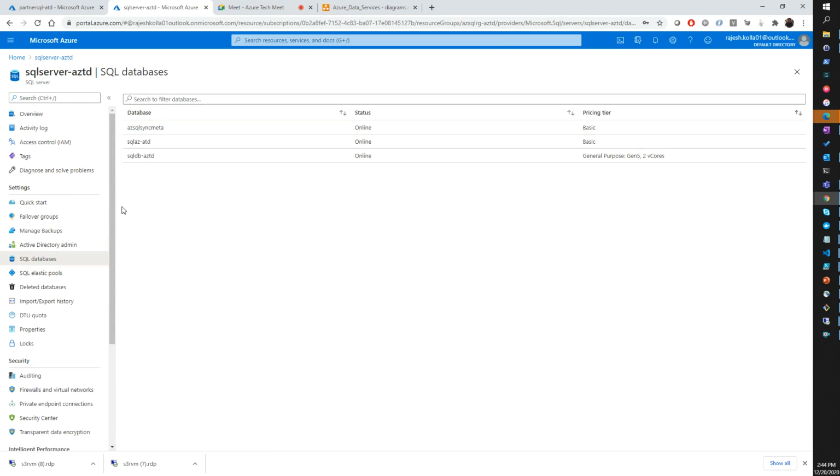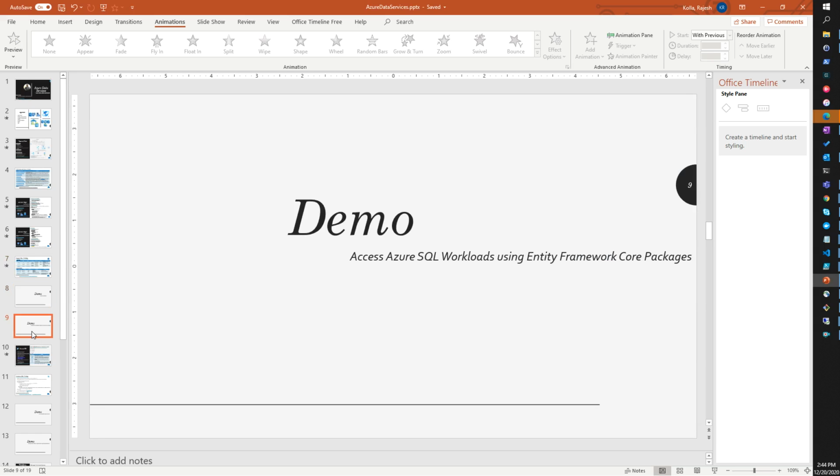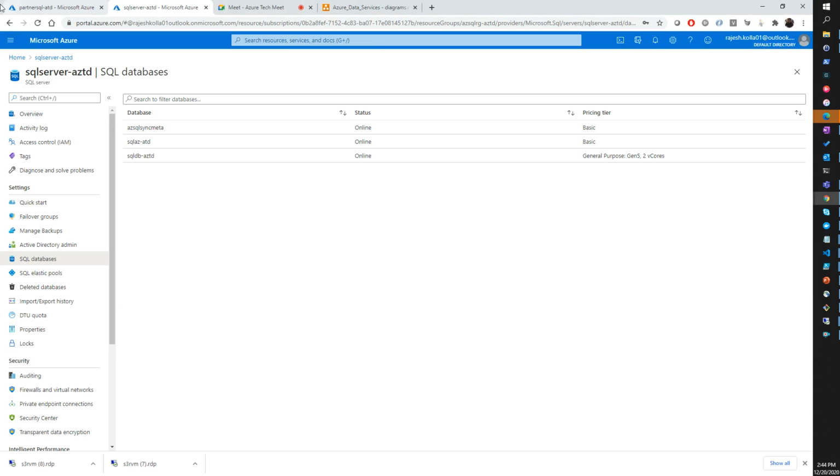These are the databases. Now I will show another demo: Entity Framework, Azure SQL workloads using Entity Framework Core packages. Yeah. Before going to that one,